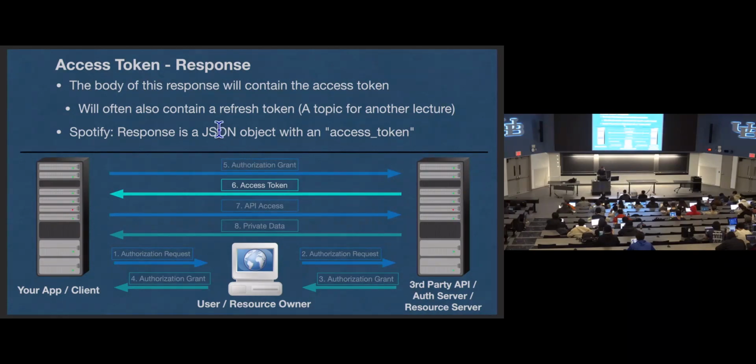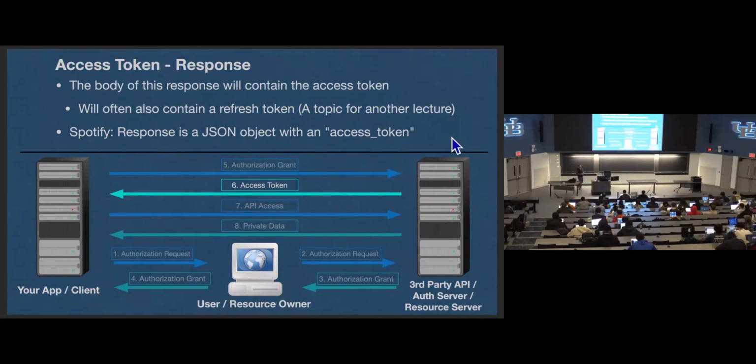So the response is a JSON object with an access token key. We're going to parse that JSON, grab that access token, and then we're able to use that for our API access. Refresh token, topic for another lecture, but that lecture happens to be today, just the way the slides lined up because we were finishing up some slides from last time. Today we're going to talk about